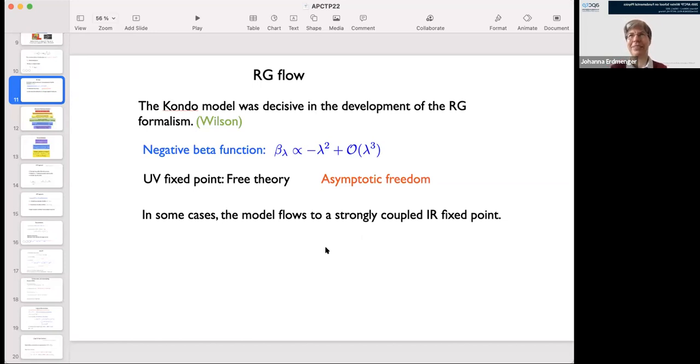In this way, this model is much simpler than QCD, because you can actually show that it flows to an infrared fixed point. I know some people who study QCD also assume that QCD has a strongly coupled fixed point in the infrared, and there's a lot of work on this, but there it's still at the level of a conjecture, whereas here you can really calculate because the model is so simple. So in some sense it's similar to QCD, but much simpler, so we can do much more than in QCD.